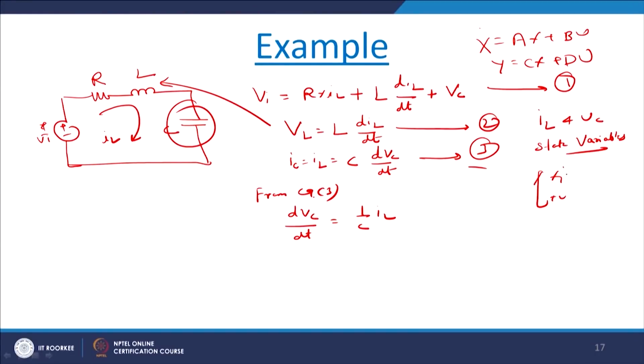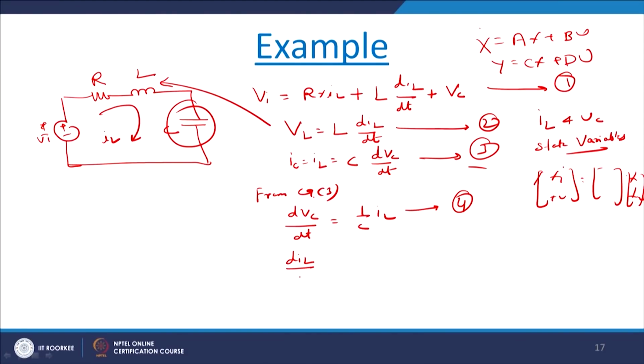Whatever x will come, that will be your model. If you take any variables x1 dot, x2 dot, you will get x1, x2 here. So here IL we have already got. Now we write this equation 4. Now coming to equation number 2, we write dIL by dt